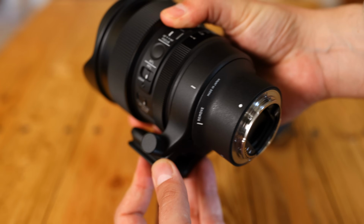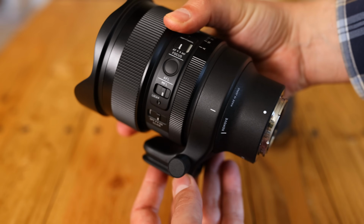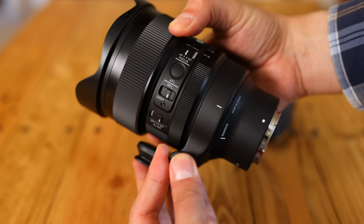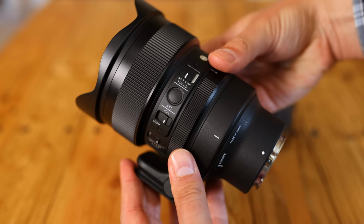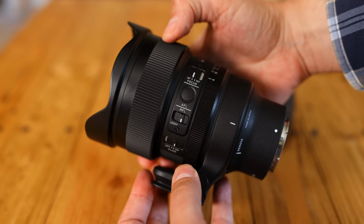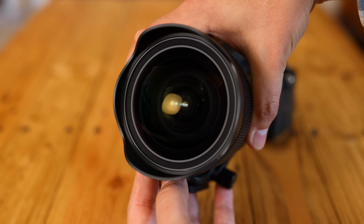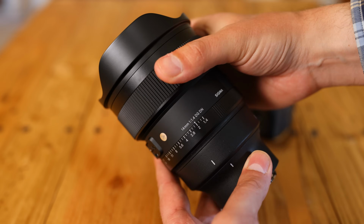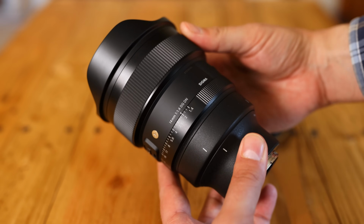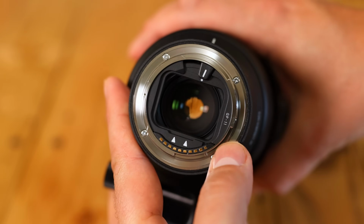Unsurprisingly, considering its parameters, the lens is big and heavy at about 1.2 kilograms or 2.5 pounds, and it feels very tough and tightly assembled. Also unsurprising is that Sigma gave the front element a bulb-shaped design, which is always the best way to deliver best image quality out of extremely wide-angle lenses, especially if they have bright apertures. The drawback, of course, for landscape photographers is that you cannot use front filters, including polarizing filters, as a result,